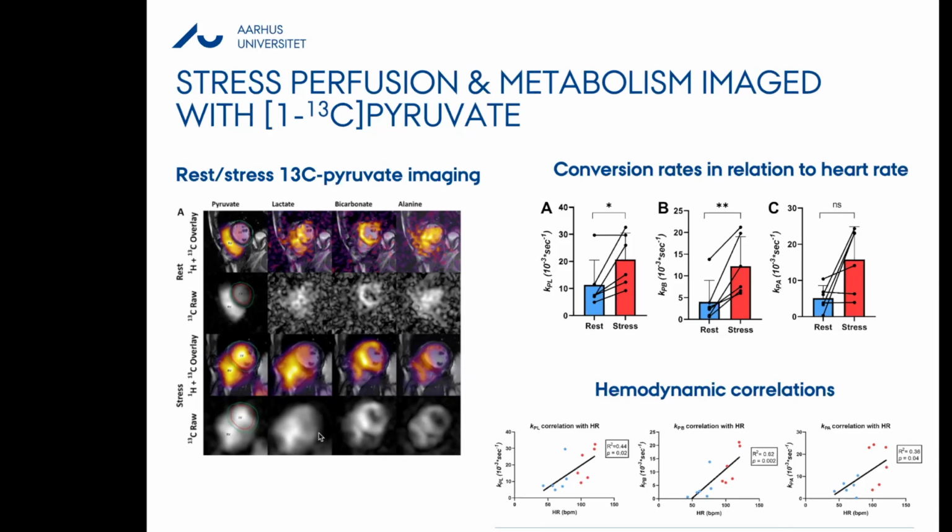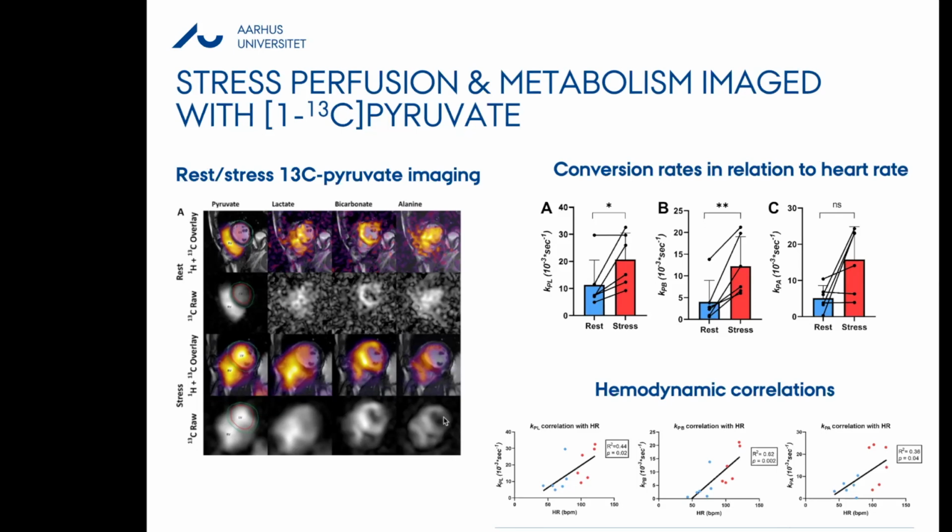So that's similar to fasted and fed. Now this is both fed in this case, but we are increasing the signal once more here. And again, you can see that the conversion from pyruvate into lactate, the conversion from pyruvate into bicarbonate, they all go up here, and alanine as well. So we have sort of a nice increase here, and what you would use this for is to sort of,